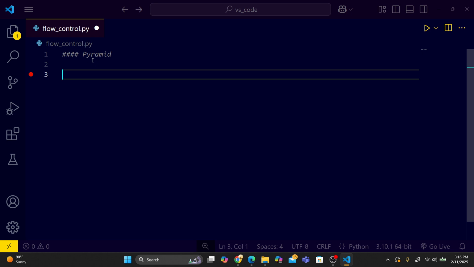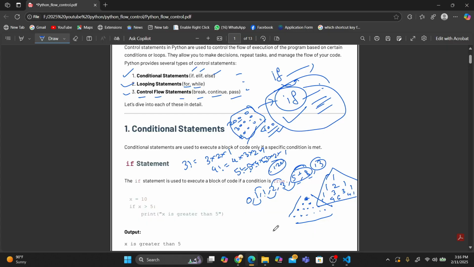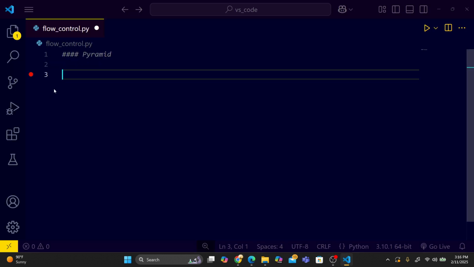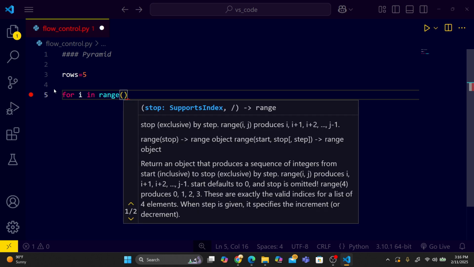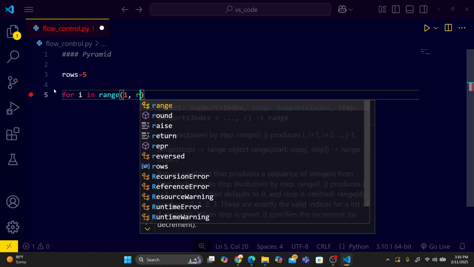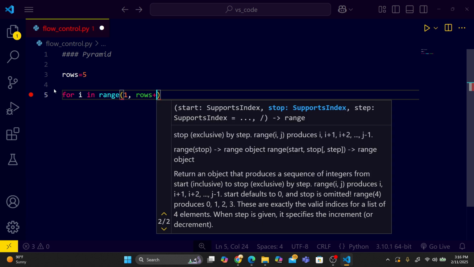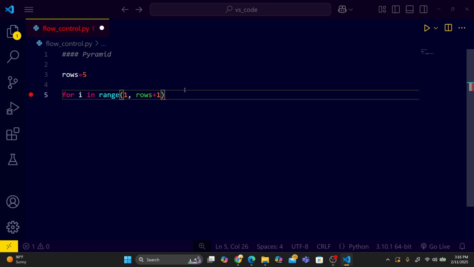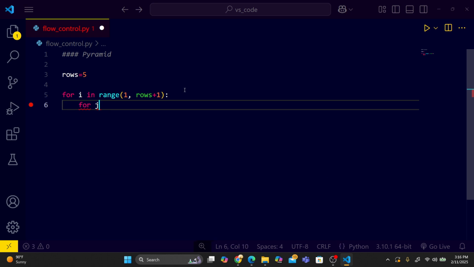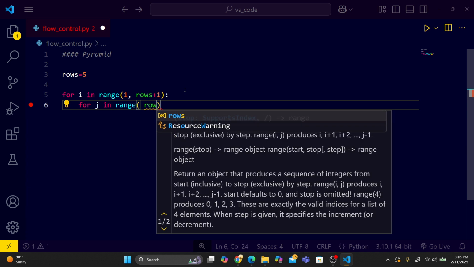So how many rows will be in the pyramid? This is the first row, second row, third row, fourth row. So how many rows do you want in your pyramid? Let's say rows is 5. You can also take it as input. So for i in range 1 to rows plus 1. Obviously you have to use plus 1 because you want to include 5. Now for j in range rows minus 1,